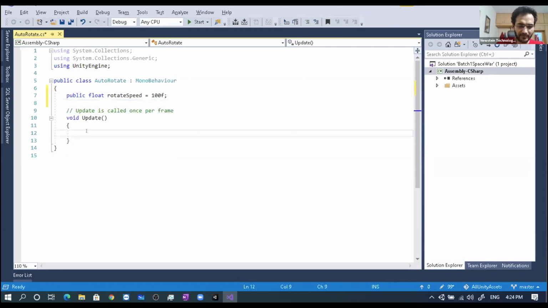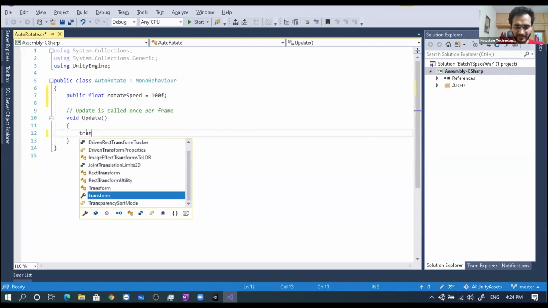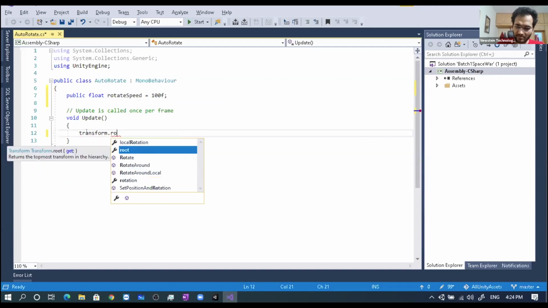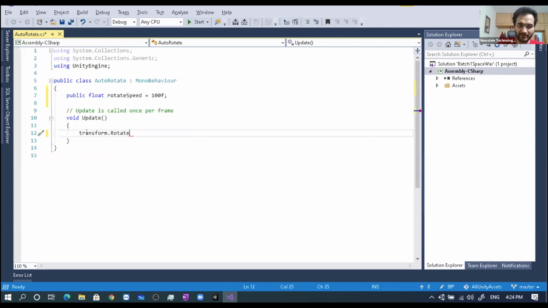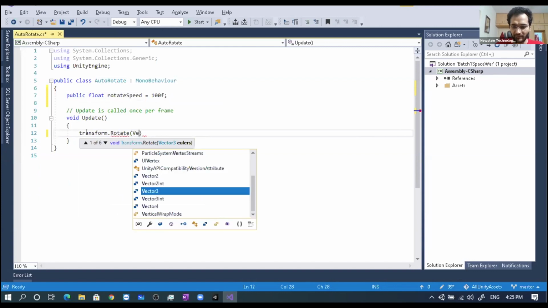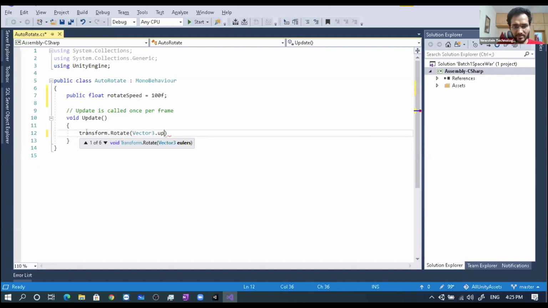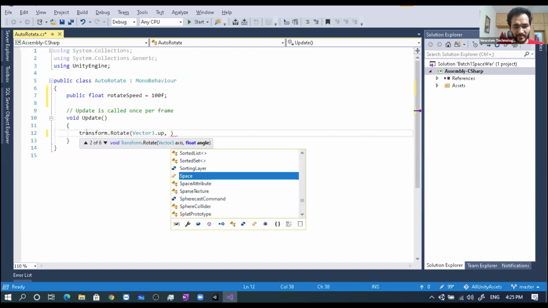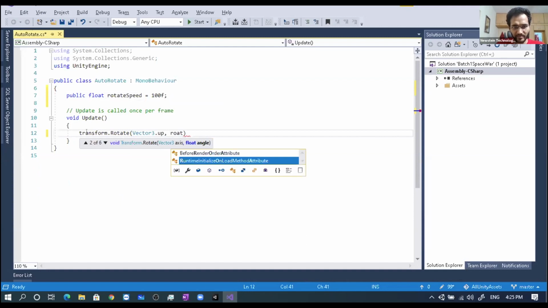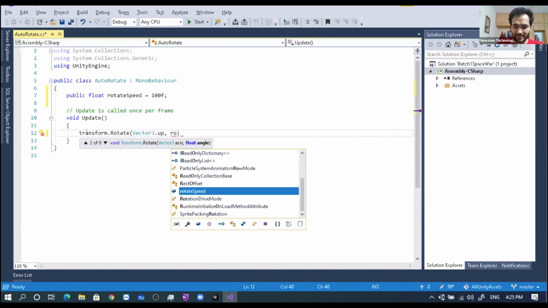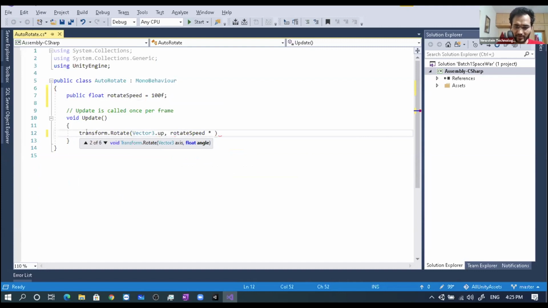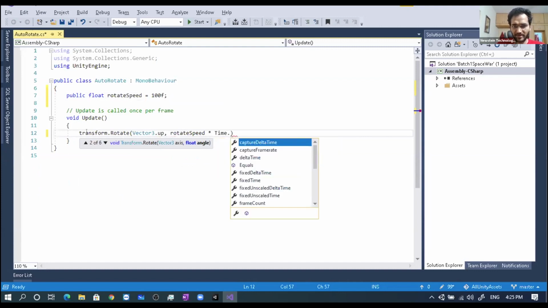And here one line of code will be there, which is transform dot rotate. In this, I have to first choose the axis. So we'll rotate around the y-axis, and angle will be our speed: rotate speed into time dot delta time.